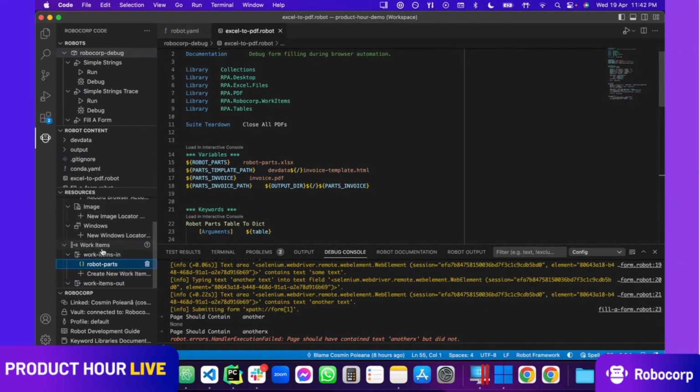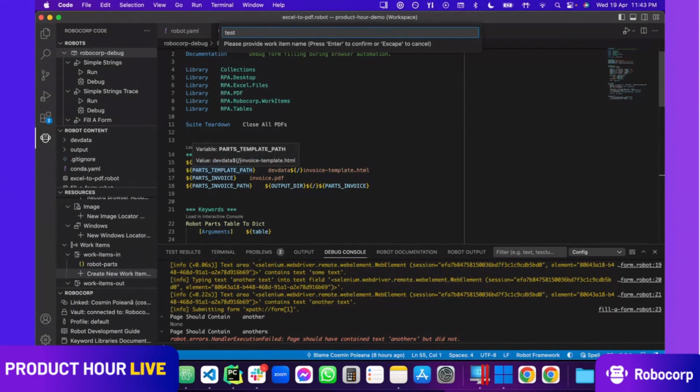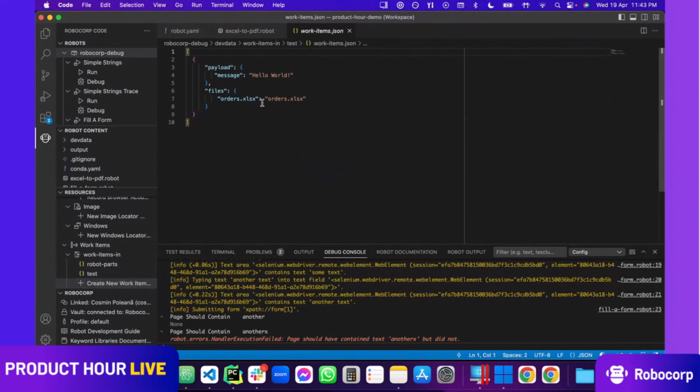We've got some locators. We also got work items. And there are the input ones and the output ones. There is no output at the moment, but there is an input. I created this right before the demo through the extension by clicking this plus button. You can give it a name. I'm just making one out of the blue for testing purposes. And immediately as I hit enter, I'm seeing this work items JSON file, which gets discoverable by its name. I just entered it, called test.